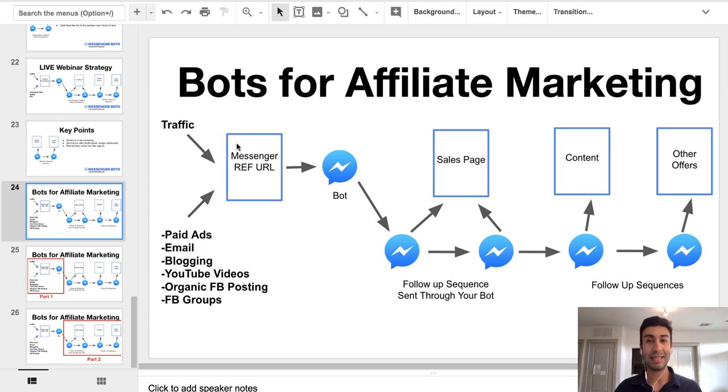So what that looks like is the number one way that I recommend to do this is to use a messenger ref URL. Okay, and I'm going to show you guys how to set that up in just a second. So I'm going to walk you through exactly what that is, what that looks like, and how to create your own right here, right now. But what I want to do is explain this in terms that you might already